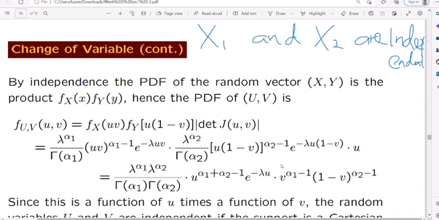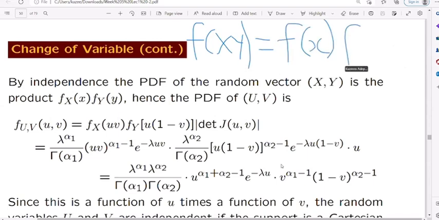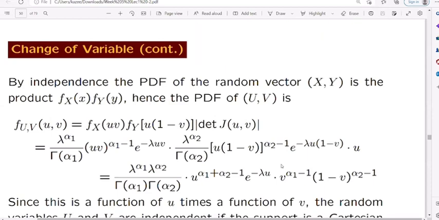So if x1 and x2 are independent, what is the f of x and y? You remember, I need to have f of x multiplied by f of y. Why? Because x and y are independent, right? Now if x follows gamma, and y follows gamma,